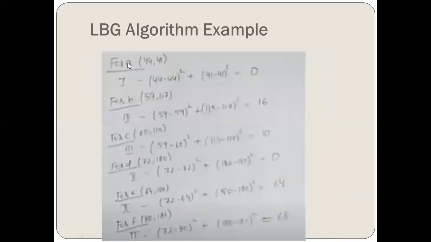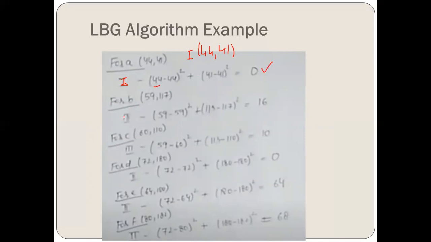Now again we have to do the same thing. For the A value, we have to find this. It is closer to 1. So what we have to do? For 1, we have 44 and 41. This is for the first region. The values are the same. So this will be 44 minus 44 squared plus 41 minus 41 squared, which is equal to 0. This is the difference between these two. So this is the closest match. It is the same point.